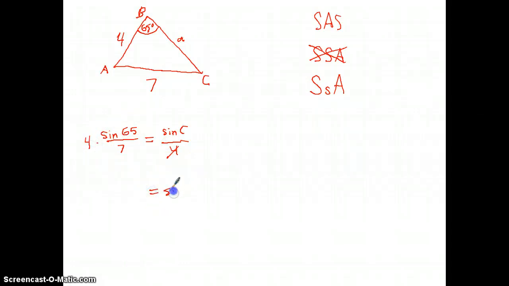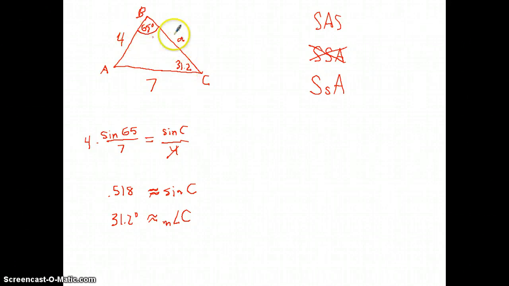So the sine of C is equal to, okay, I need my calculator. It's approximately equal to about 0.518. So using the inverse sine, that tells me the measure of angle C is, okay, that's about 31.2 degrees. Okay. So now I know this. Great. Okay, so then at this point I would probably use law of cosines to find A or go from there,